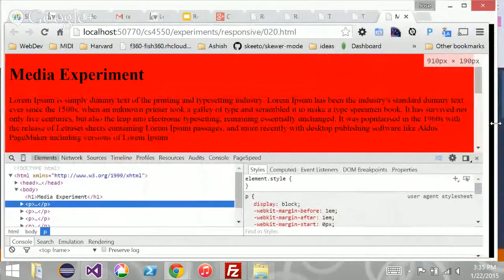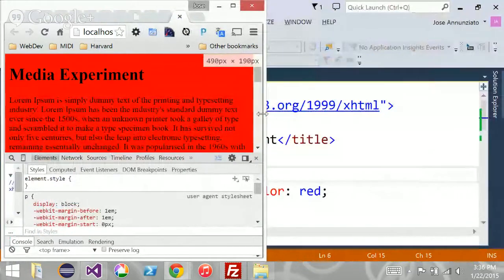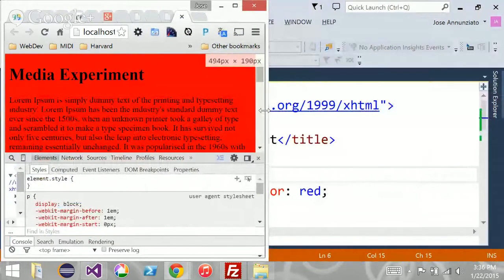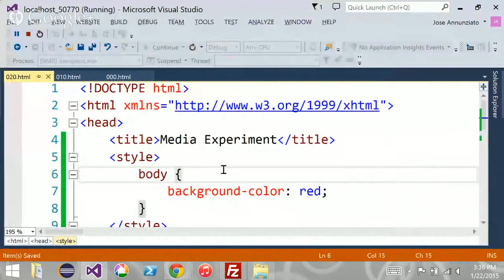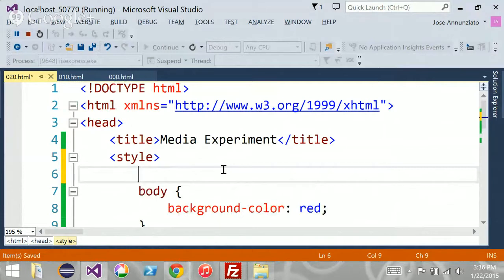The maximum is 950, so half of this might be around 450 or whatnot. So what we might want to do here is say, no, I don't want it to be red all the time. I only want it to be red if the size of the window is beyond a particular